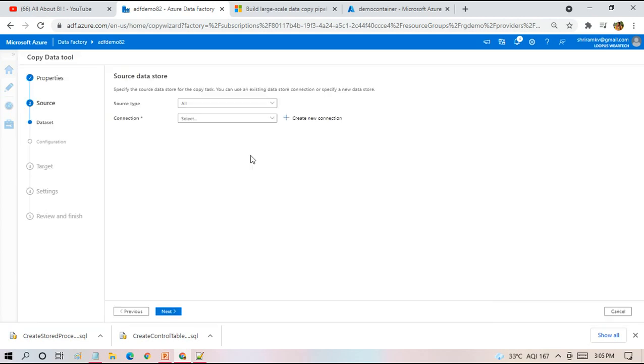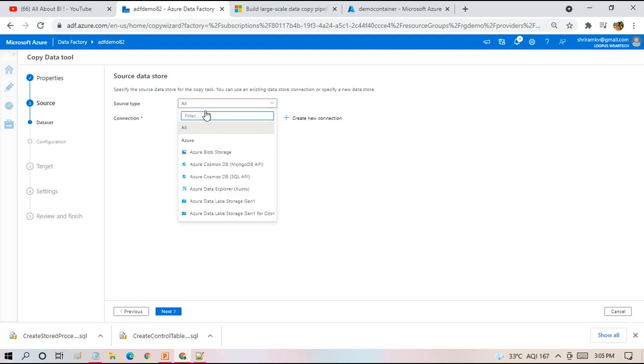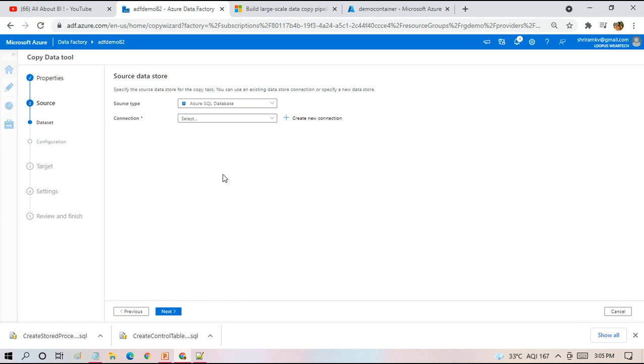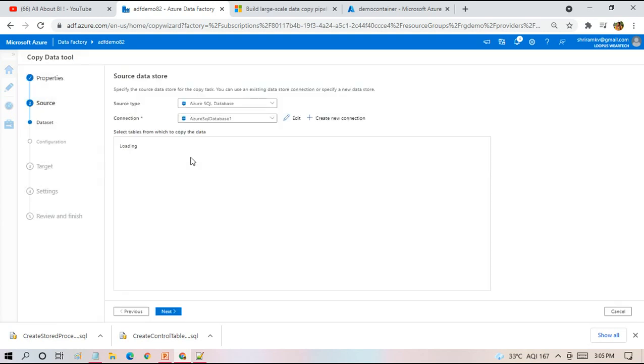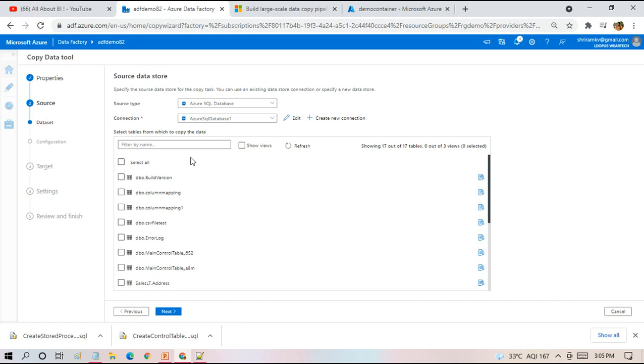Here is where we are going to see something very nice. We are going to choose the source connection. My source is going to be Azure SQL again, the Azure SQL database. I have around 16 tables. I don't have many tables, just wanted to show for demo. So I have 16 tables in my Azure SQL database which I want to copy to text files in Azure Data Lake. It can be the other way around: you have multiple text files which you want to copy to SQL. You can use the same format that I am doing now.